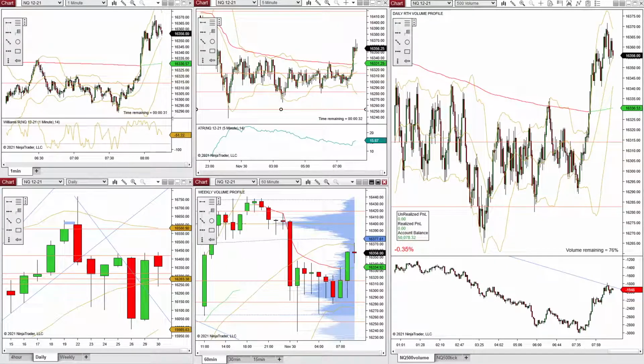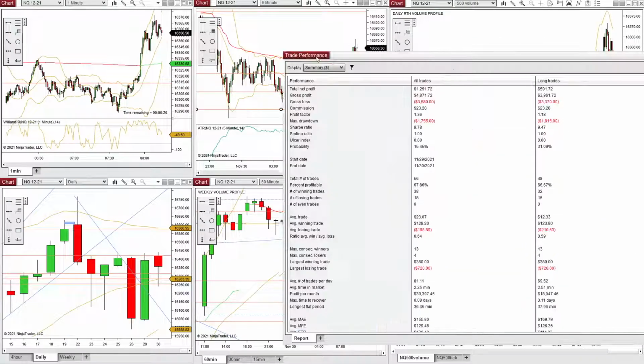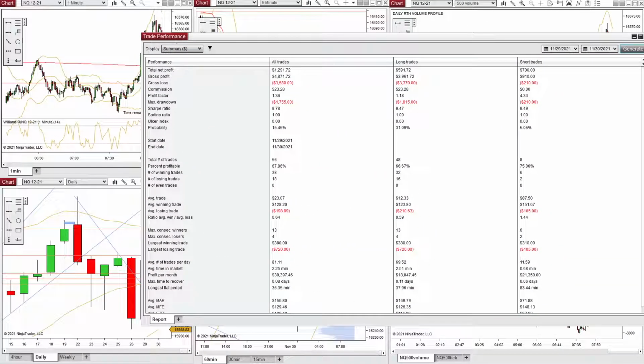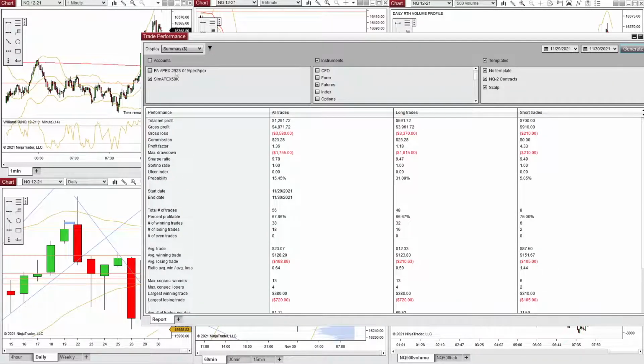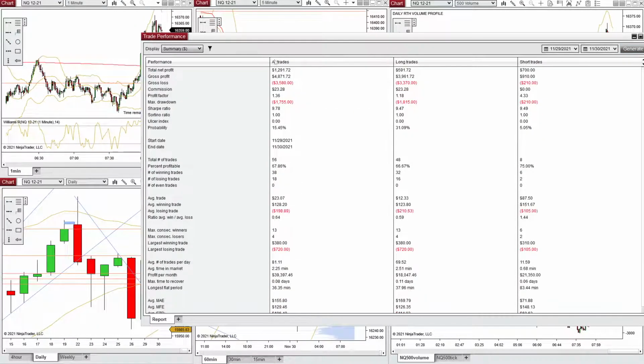I traded micros just because it was the first day trading the performance account, and I didn't want to blow up anything or make any mistakes that I'd regret. So I just wanted to take it easy. This is actually what I used. We actually made $1,291 trading the micros, but I don't think the commissions were taken out of this. That's my Apex. So I traded on the sim and it copied the trade over to the performance account.